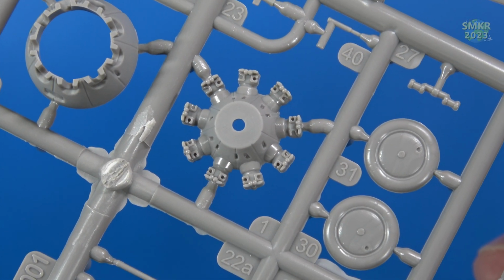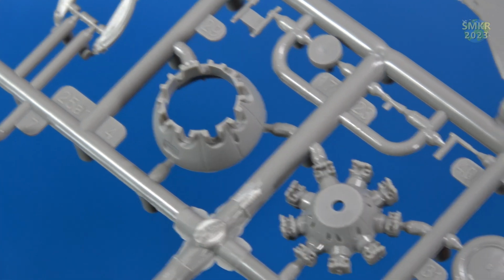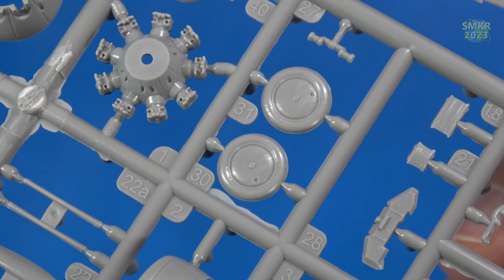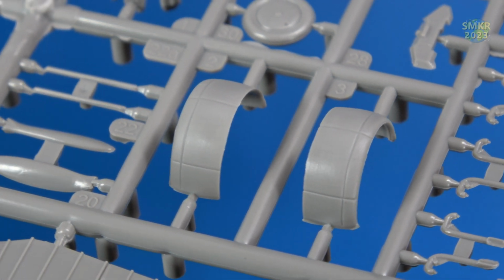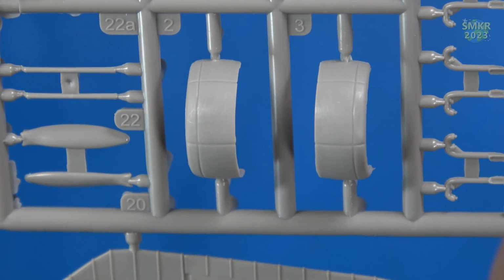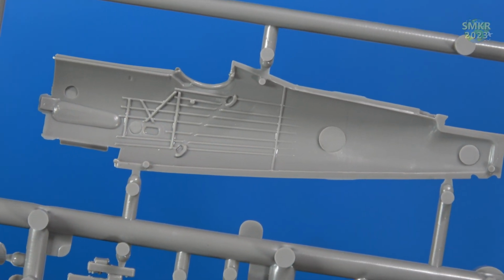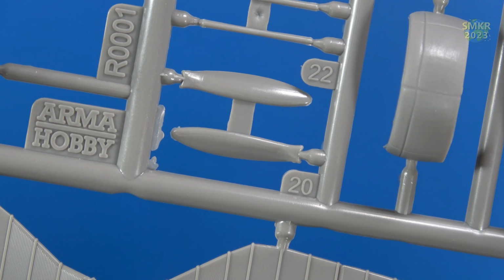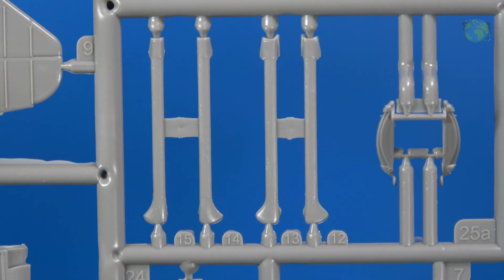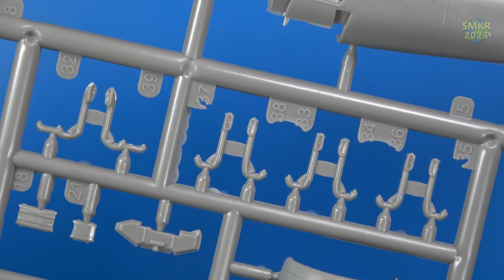the engine, engine cowling, the wheels and tires, the engine cowlings, the other side of the fuselage, internal details, the propellers, wing struts, landing gear struts, engine exhaust pipes,